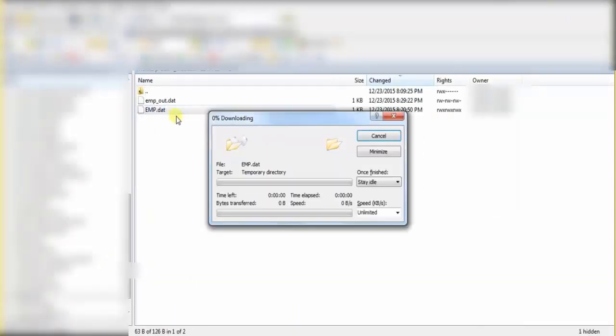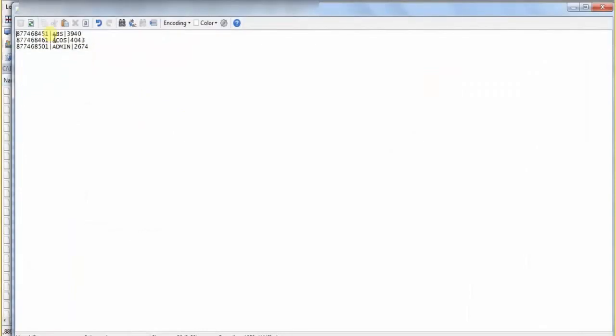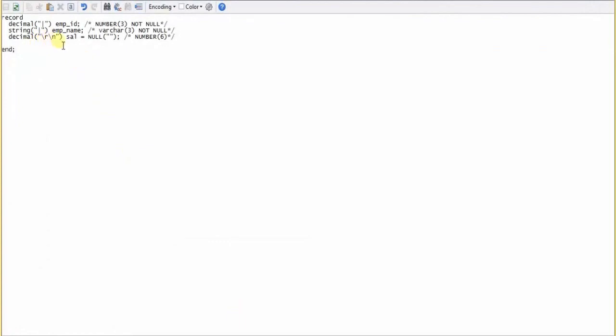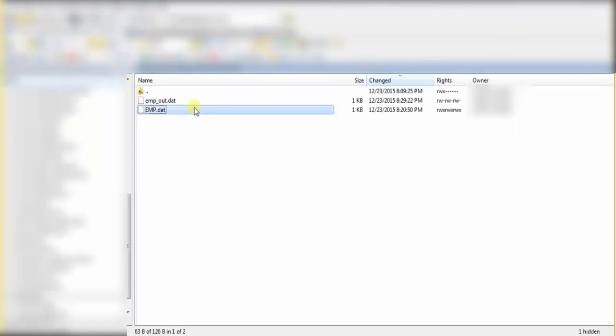So if you see the temp file and my source file, I've declared that my employee ID is differentiated using a delimiter called pipe, and then my employee name. So after my salary, I have a new line and then a new record. So the same I'm declaring in the source DML file. So \r\n is my delimiter after the salary column, and then you have to finally end that DML structure using end semicolon. So once that is done,